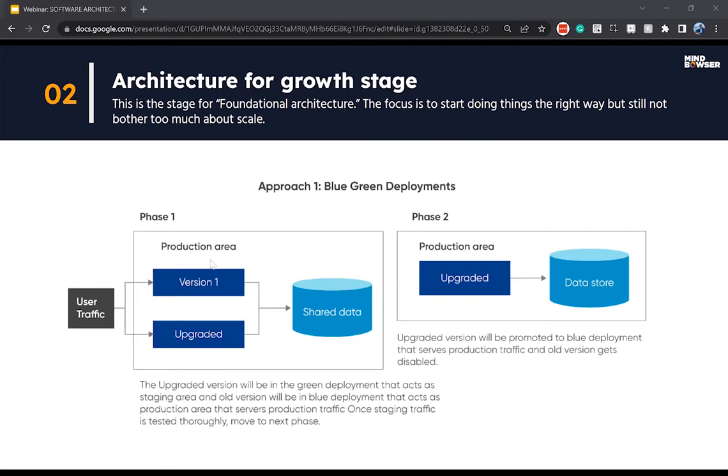Now, of course, we're building the product. As you're seeing the users and the traction, we can't go back and throw everything away and restart. That is not an ideal way. So whatever we have, we have to build on top of it when it comes to scaling. So what are the best practices one should follow in the growth stage, considering they have the initial version built? What do you think are the focus areas now? Right, Pravin.